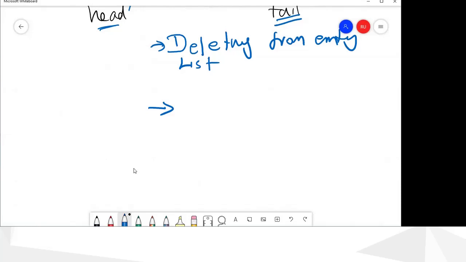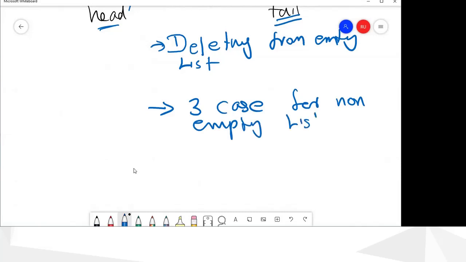If you are deleting from a non-empty list, there are 3 cases.